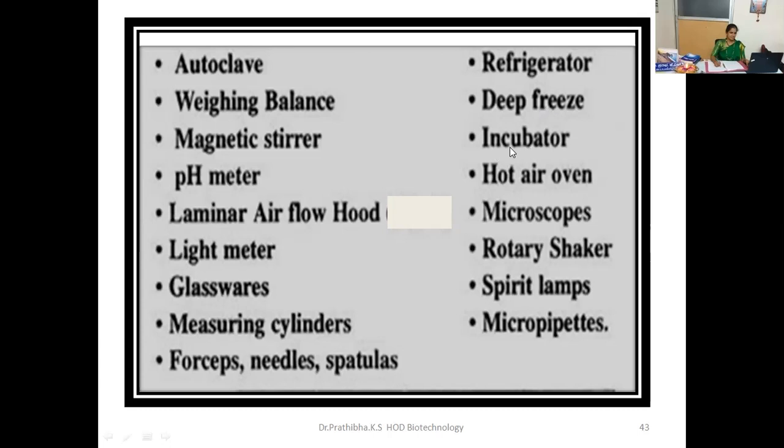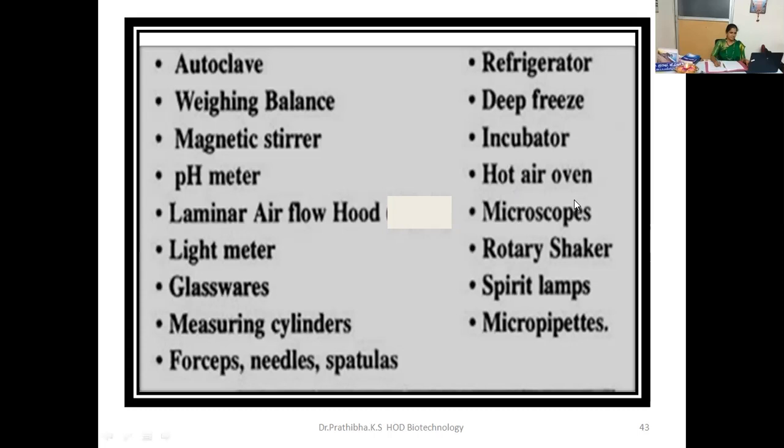Okay, incubator: if you require, you can use this particular incubator in the general laboratory, otherwise it is not necessary. Then the hot air oven works on the principle of dry heat sterilization. Here you maintain a temperature of 160 degrees Celsius for 2 hours or 170 degrees Celsius for 1 hour. This dry heat sterilization destroys microorganisms by causing coagulation of proteins. And the hot air oven has doors made of an insulated double-walled cabinet.